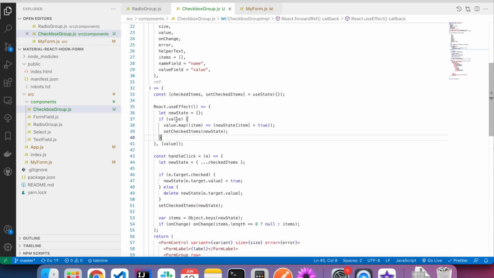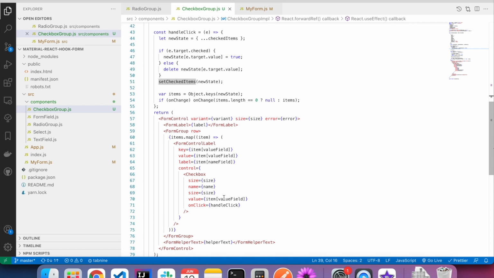This will actually get the incoming value, and that should be an array of items, and it will loop through it, and it will set this new state to true whenever the item is found, and then set checked items.